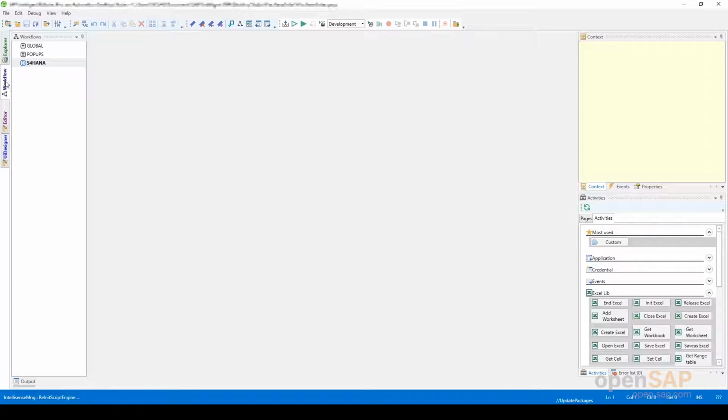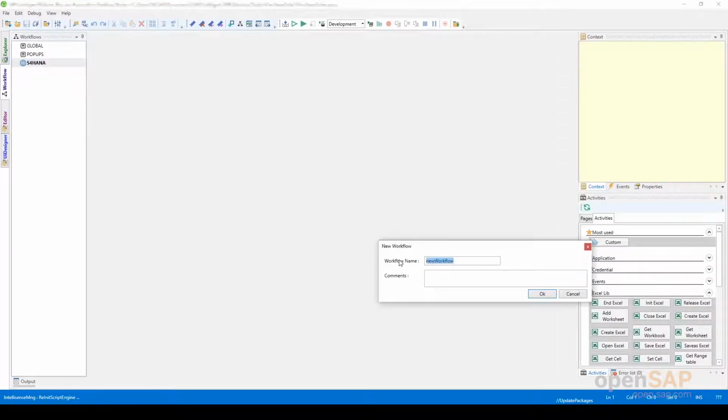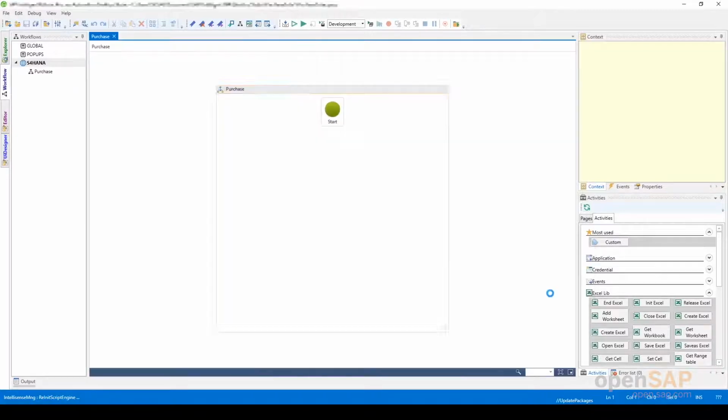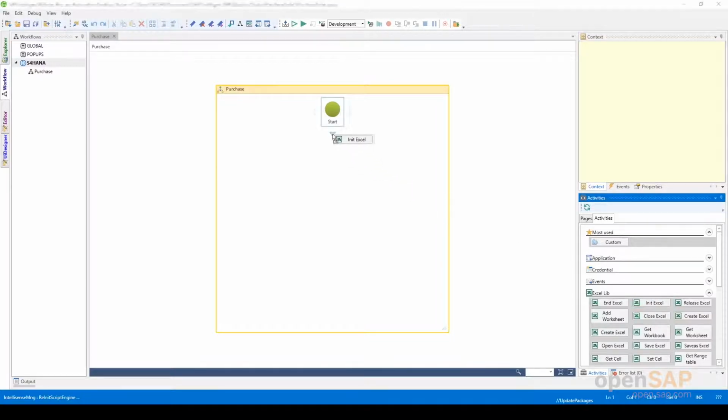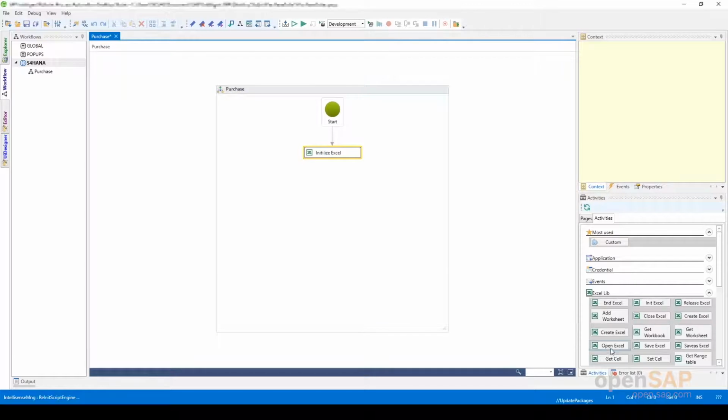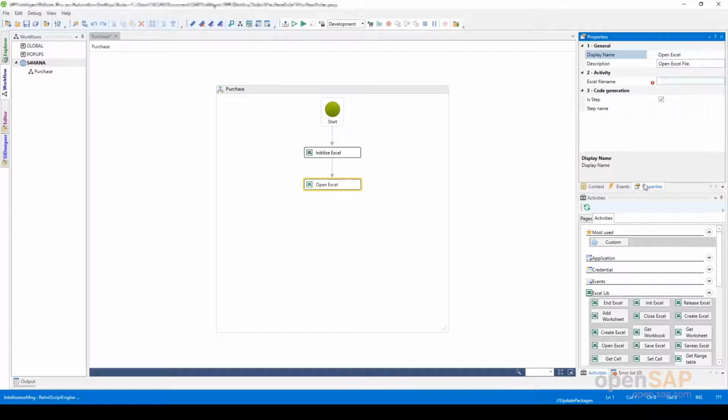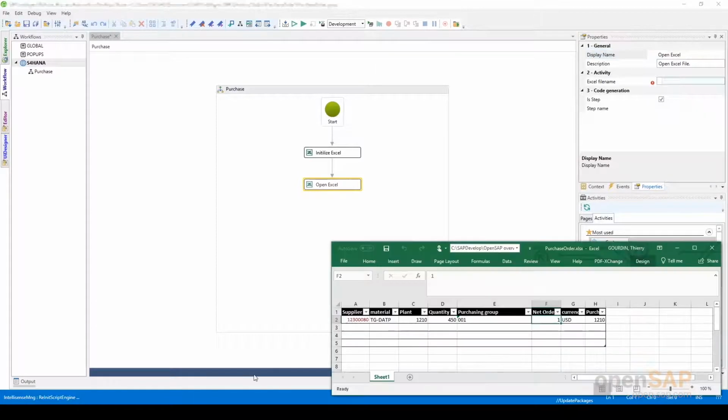It's simply about drawing the process thanks to the workflow perspective that you can see on the screen. I create a new workflow and set its name. The first step of the process is to open the Excel application. To do so, I drag and drop the adequate activity. Each activity contains a set of properties that can be seen in the Properties tab here. Here I have to indicate the file location,